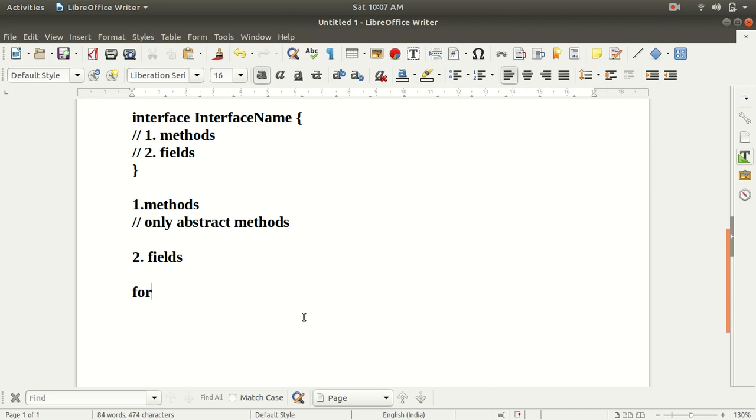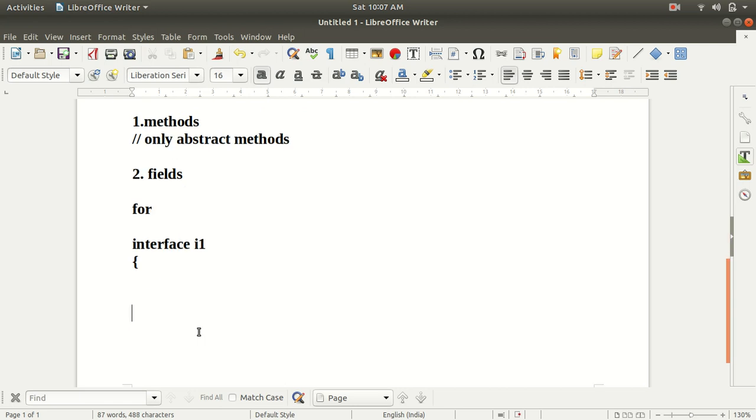Now let's see a small example. Let's say we have an interface. We use the interface keyword when defining any interface, and then we give the interface name. Let's say I have given I1 as my interface name. We start the curly braces and end the curly braces, and inside the interface we write the things we want.